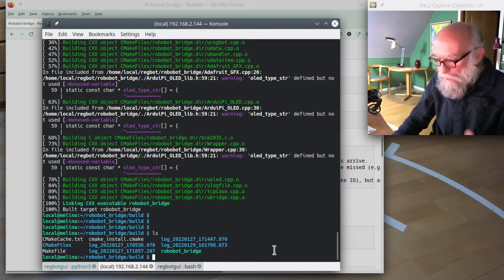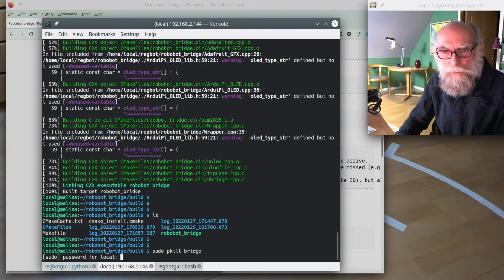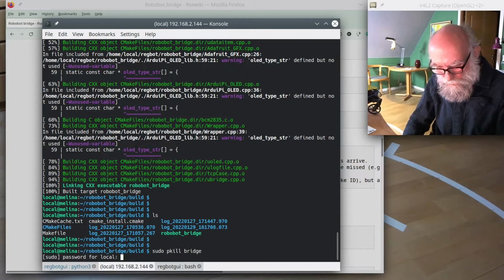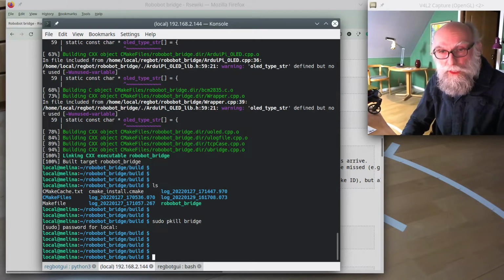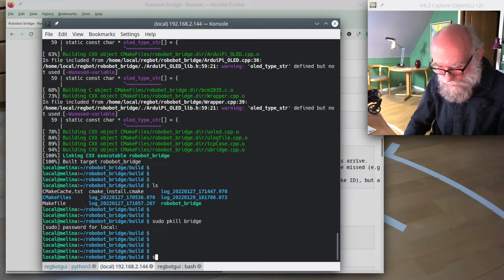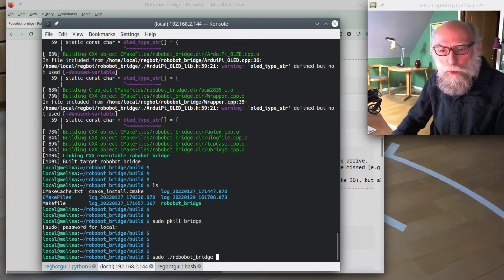I can run that, but it's running already, but I can kill the one that is running. Sudo pkill bridge, and I need a password to do that. And now it's not running anymore, but I can run it. It needs to be run as root, or with administrator, with superuser privileges. Robobot Bridge,